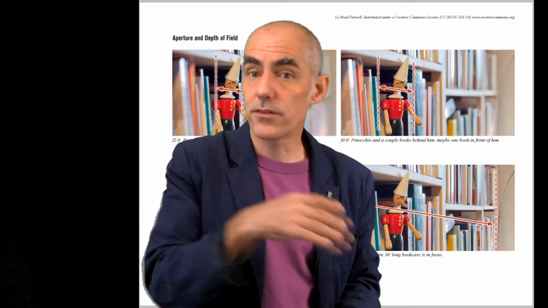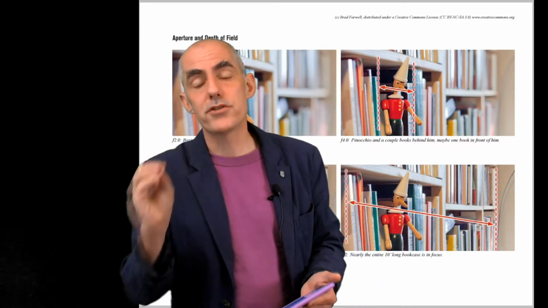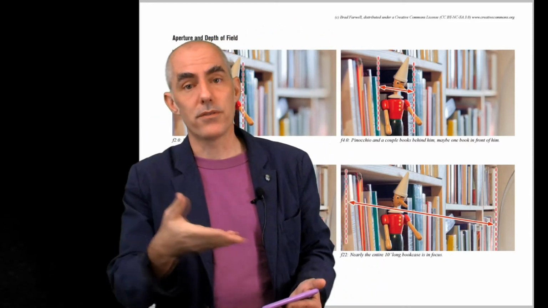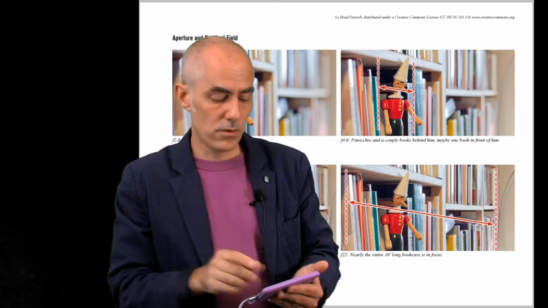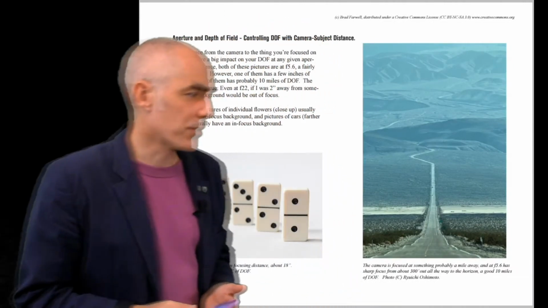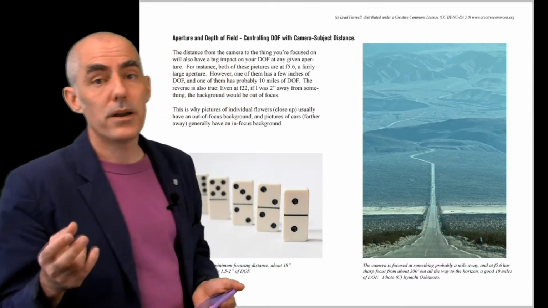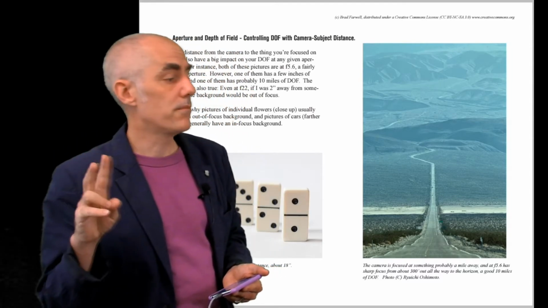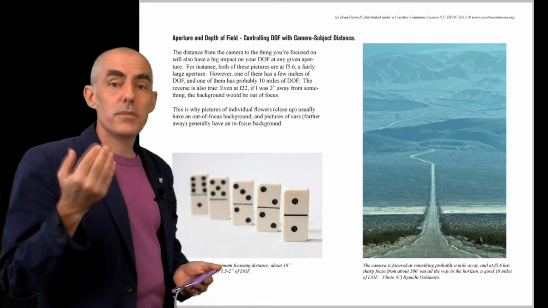So that's what aperture is good for. We adjust our exposure to whatever we want using our shutter speed and our ISO. We choose our aperture first for this assignment based on how much depth of field we want. There are a couple of other ways we can control depth of field besides simply aperture. Aperture is always in play, but there are two other things that come into the depth of field game. One of them is subject